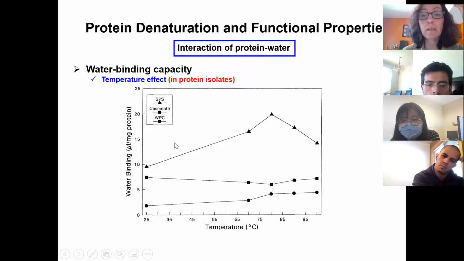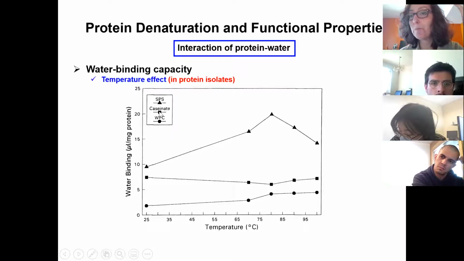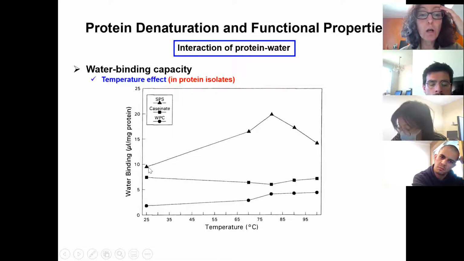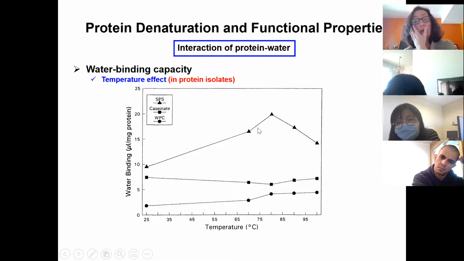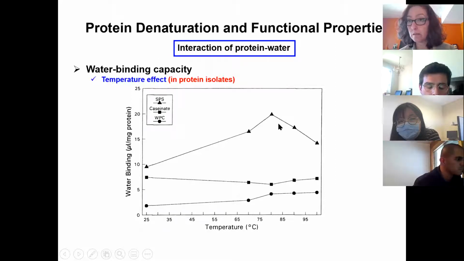If we look at soy protein, I don't know why it's called SPS. It's supposed to be soy protein. When you look at soy protein, we also start seeing denaturation above 70, between 75 to 85 degrees C, and it's a very globular structure too. So we see an increase, and denaturation may start at a lower temperature, but it will peak at the denaturation temperature of most of the proteins in that particular isolate.